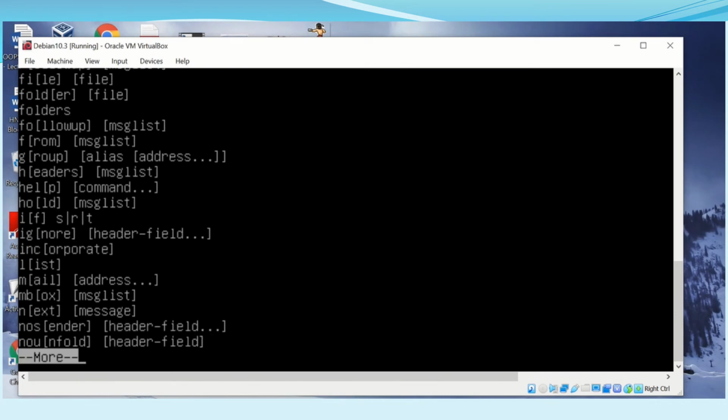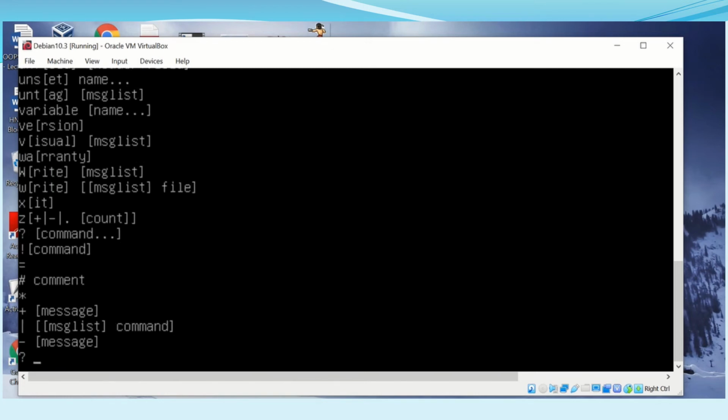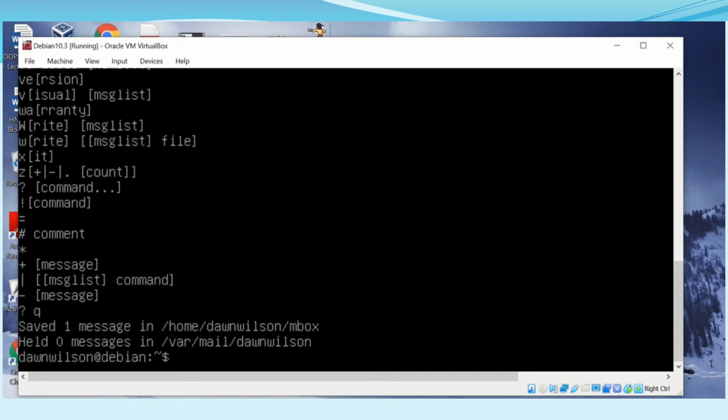So you can see here it tells you all the things you can type, and just press spacebar to scroll through them all. So you can type all those things at the command prompt. But that's probably as much as you'd want to do. Read them. If you want to quit, yeah, that's a good point. q to quit, because everybody always ends up going into the mail and then can't get back out of it again. So if I go back in,